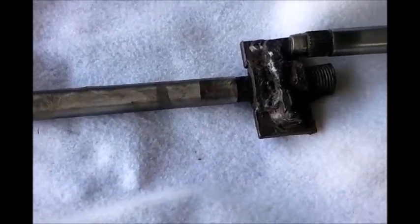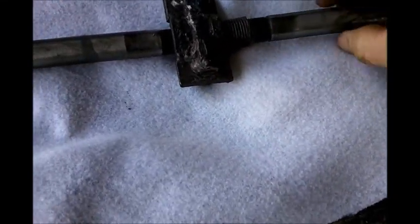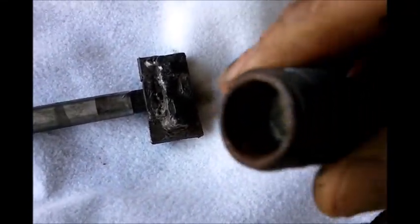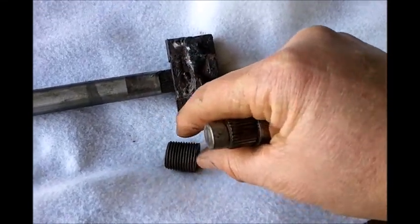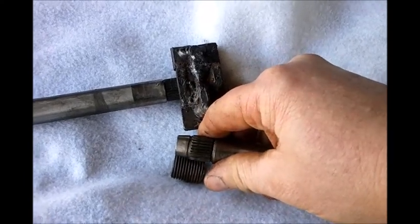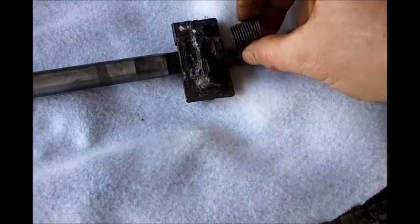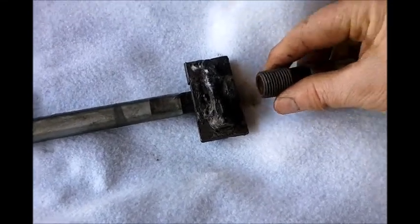But on the other side, I think I'm going to use a little bit of a pipe nipple to extend it, and that will help center that inside there. Now I'll have to cut that down pretty short. It doesn't have to be very long, maybe about half the size it is right now. But that will allow me to put that in and have this center it,